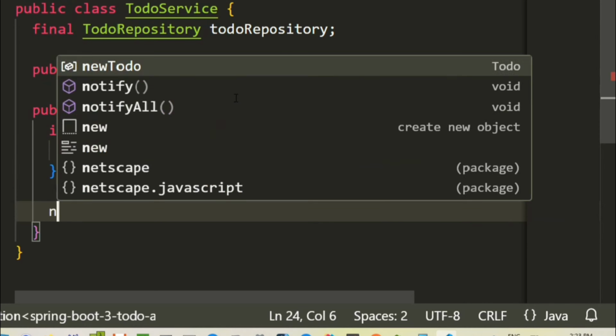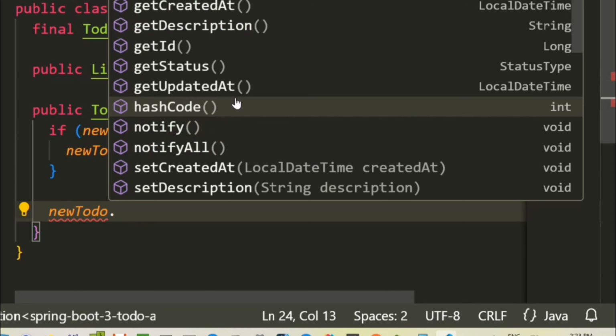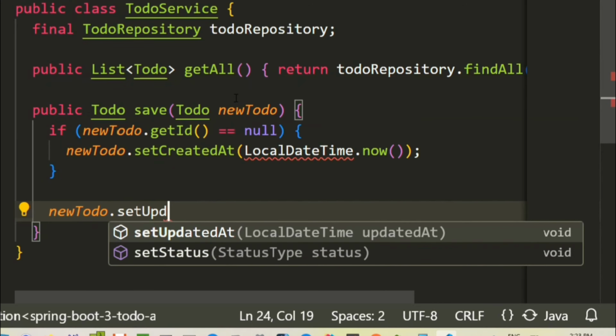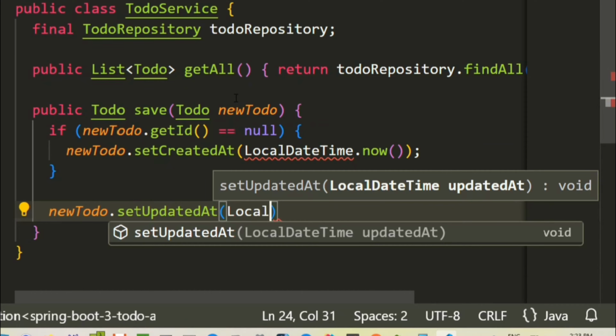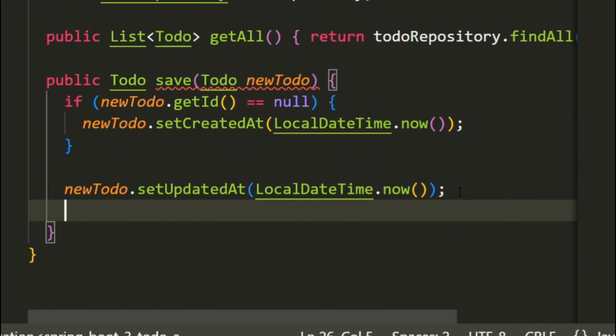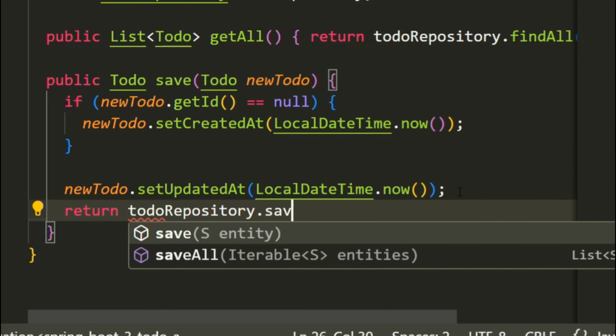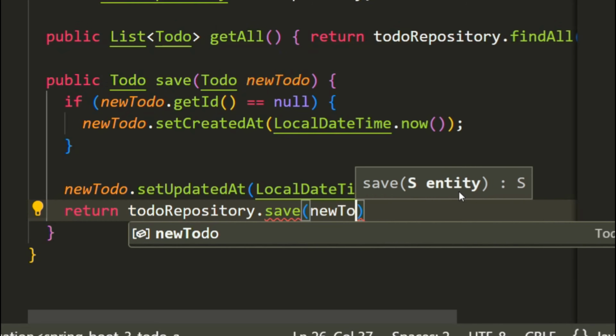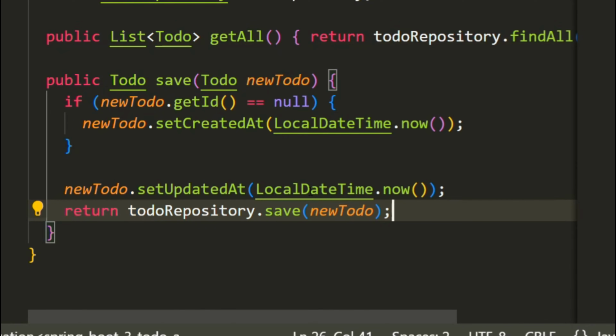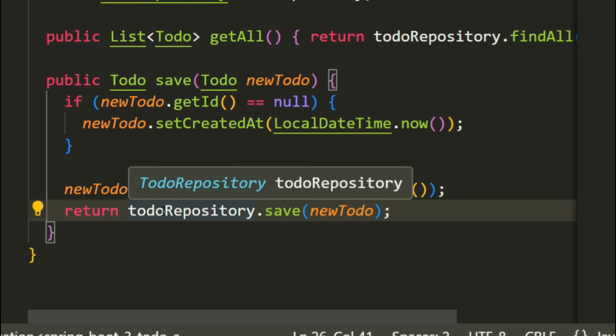And then we want to also call new to-do set updated at to be also local date time now. And then what we want to finally do is return to-do repository.save, and then this new entity, so new to-do. So we save this new to-do file, and then we get it back from the repository, and then we return